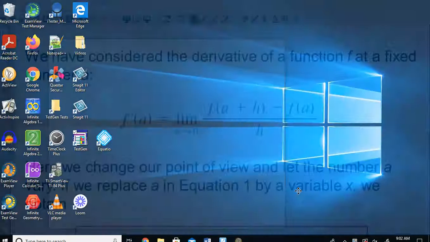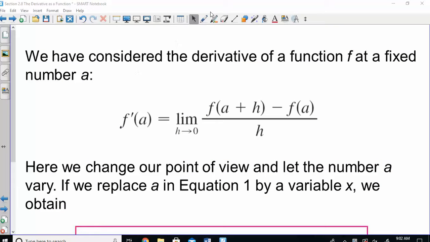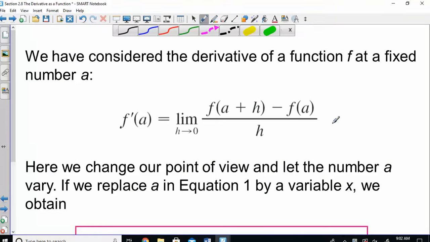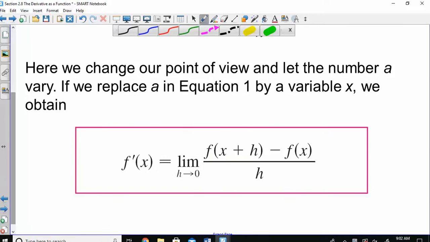So we have just got done doing all of these derivatives. And in that we were always using A's. And that's really just a notation that's used when you're going to be plugging in a number for it. But in this section, they kind of have you switch your point of view, and instead of using A's, they